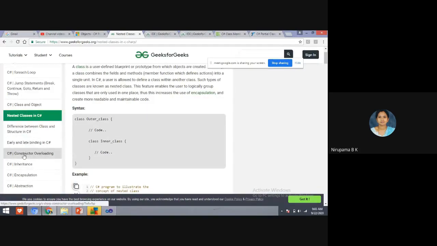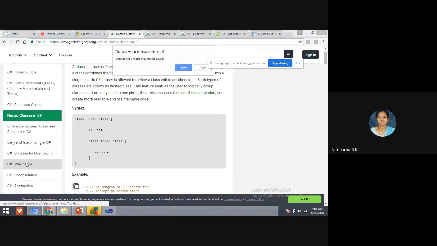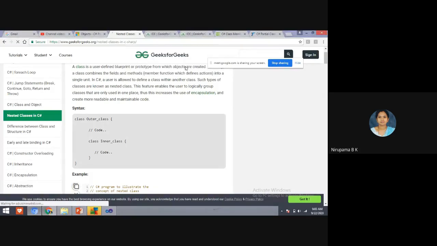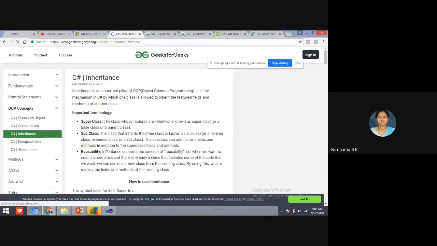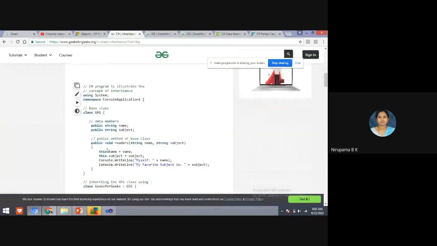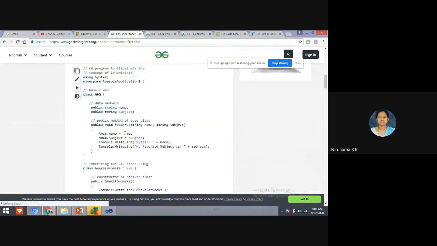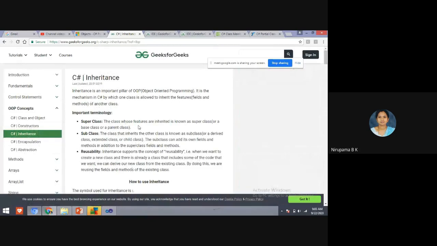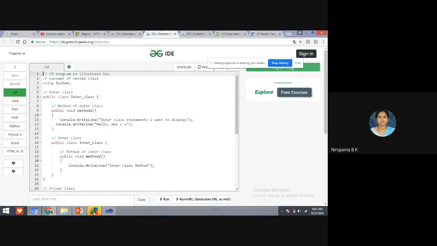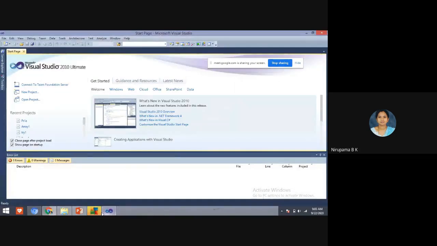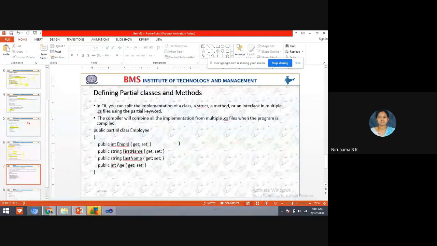Here also in GeeksforGeeks, at the left side, you can see inheritance program, encapsulation program, abstraction program, all the programs are available. So here you can run all the programs. Okay.